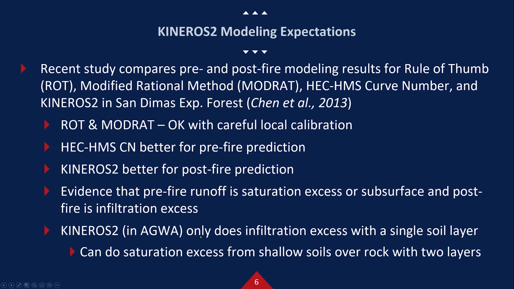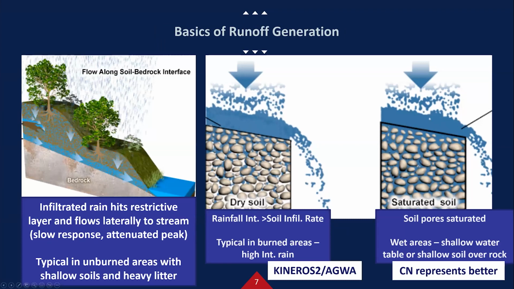So KINEROS2 only does infiltration excess with a single soil layer, but can do saturation excess from a shallow soil over rock with a 2-layer representation. So you have to either hopefully have local data, or AGWA does not automatically set up a second lower soil layer. A number of assumptions have to be made about thickness of the upper levels and that sort of thing. But what they propose is happening that